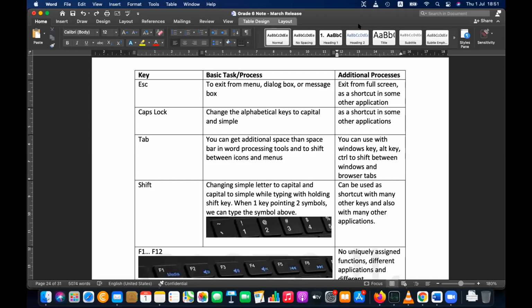Okay, do you know the difference between a menu, dialog box, message box and window? If you know that, tell I know. If you don't know, tell that I don't know. It's a simple question. I don't know, sir. Okay. So